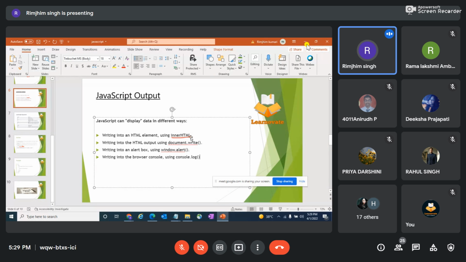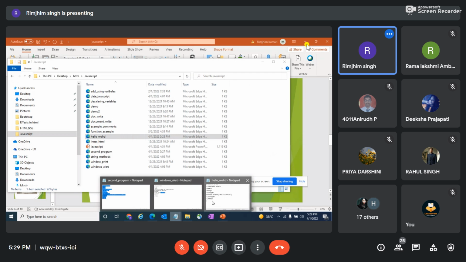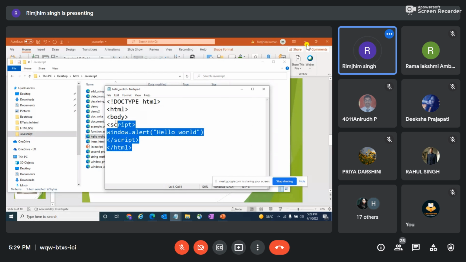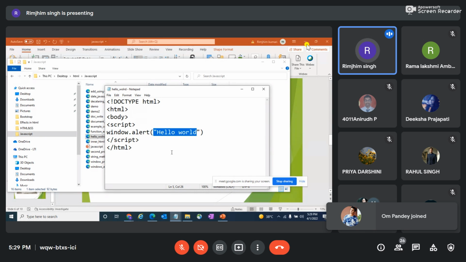But whenever I'm using inner HTML, if we can see here, there's no argument which we have to give. But whenever I'm writing document.write, I have to give my argument in braces, and then I can just put in my value. For example, document.write and then window.alert rimjim, which I've written here, we have to give an argument value in window.alert and document.write.